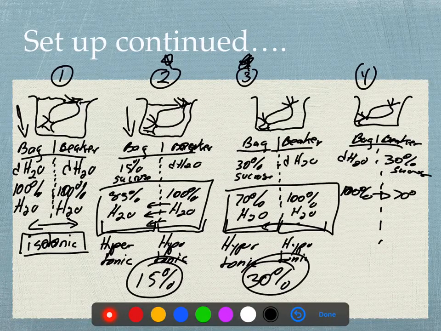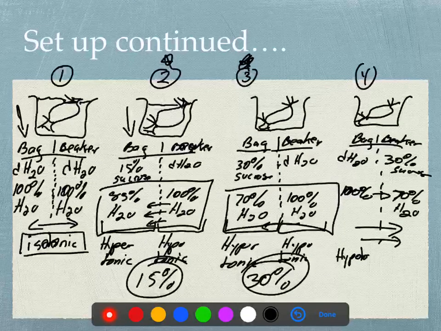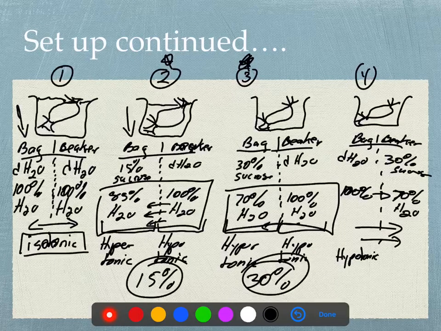So that means that the 100% water on this side is going to go towards the 70% water on this side. And now, for the first time, the bag is hypotonic because it's losing its water to the beaker. The beaker is now, for the first time, hypertonic. All right, so this is what we would have noticed